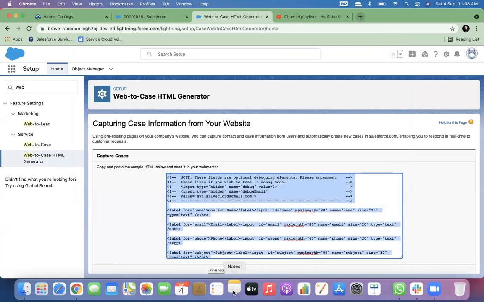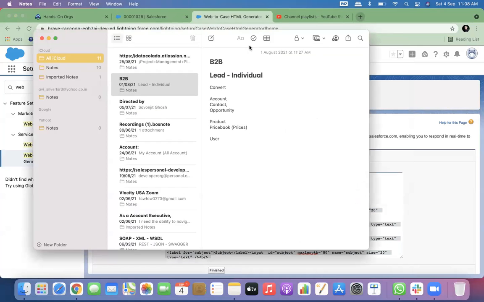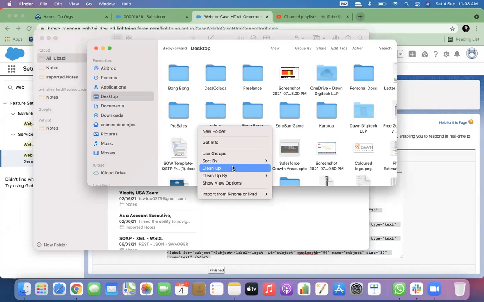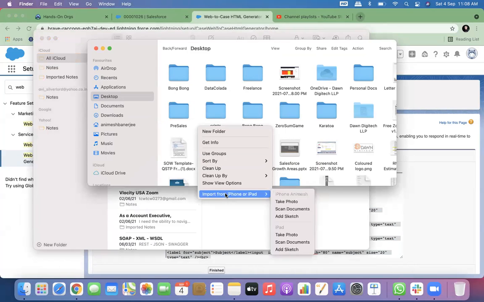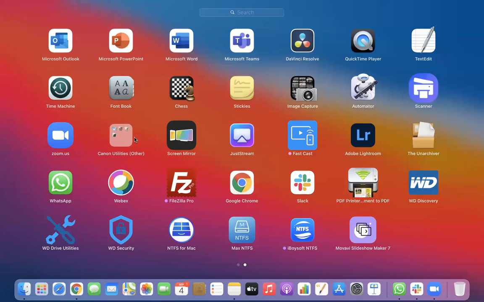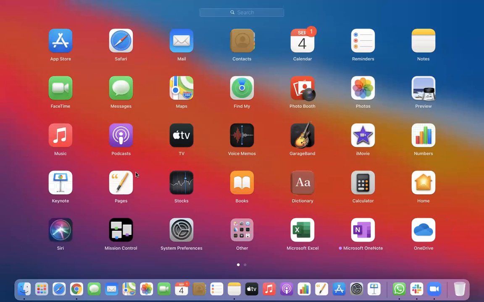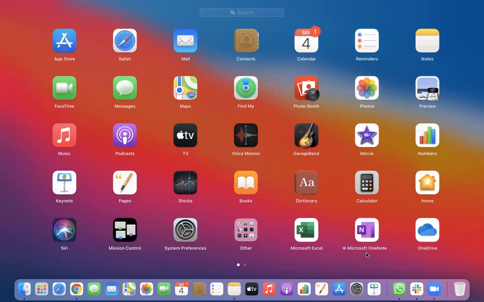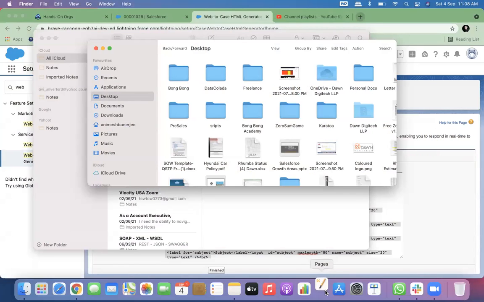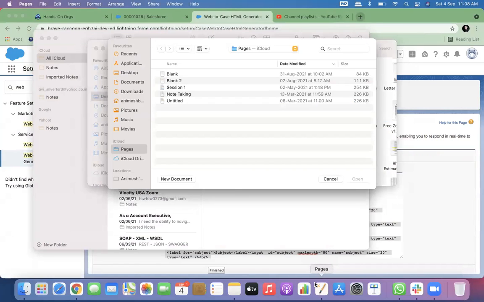I don't know if I can create. I keep forgetting which is the application I use.